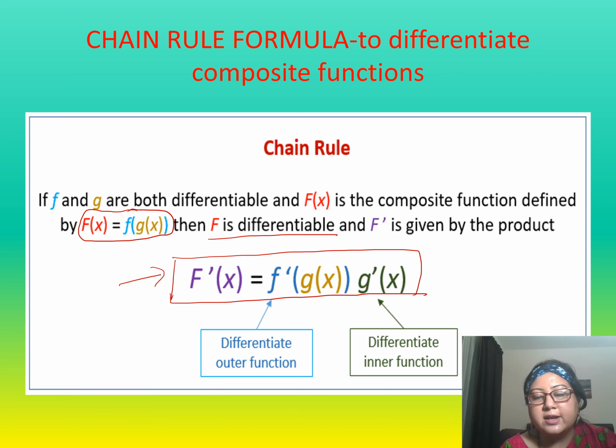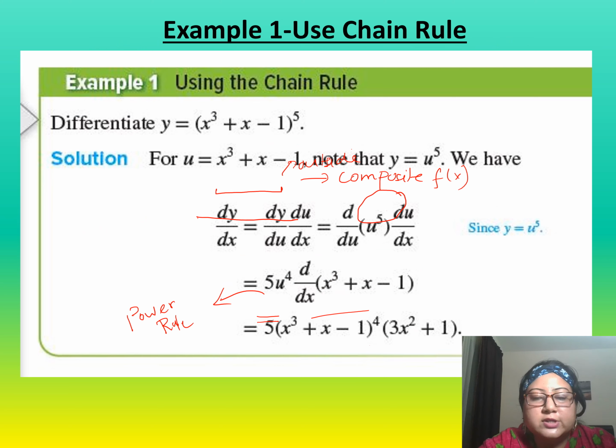Finally, we are on it, and let's see now examples on this rule. Okay, so this is the first example that I have taken here, where you are going to see how the chain rule can be applied to differentiate the composite function. So on the screen, you can see the question: differentiate y equal to x to the power 3 plus x minus 1, whole to the power 5. And once you see this function, I'm sure each one of you can clearly make out that this function is made up of two functions, the inner and outer.